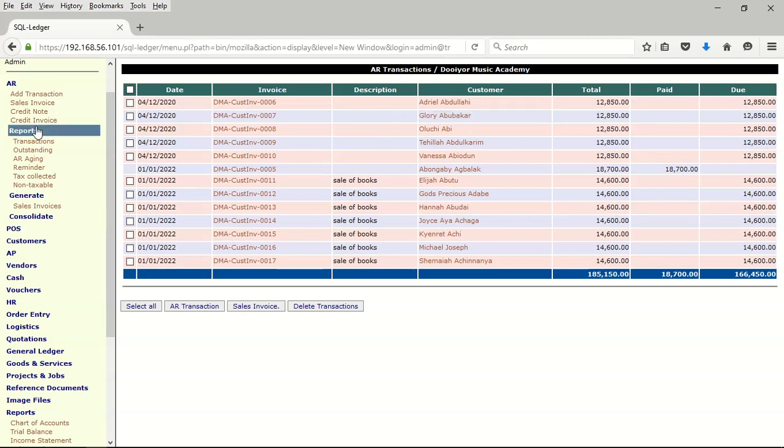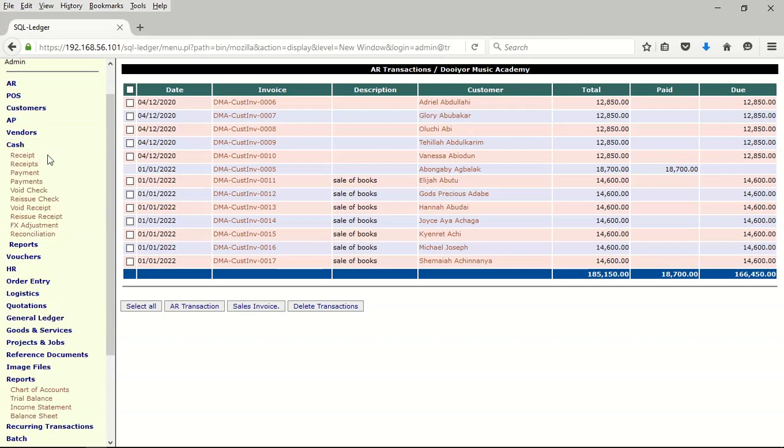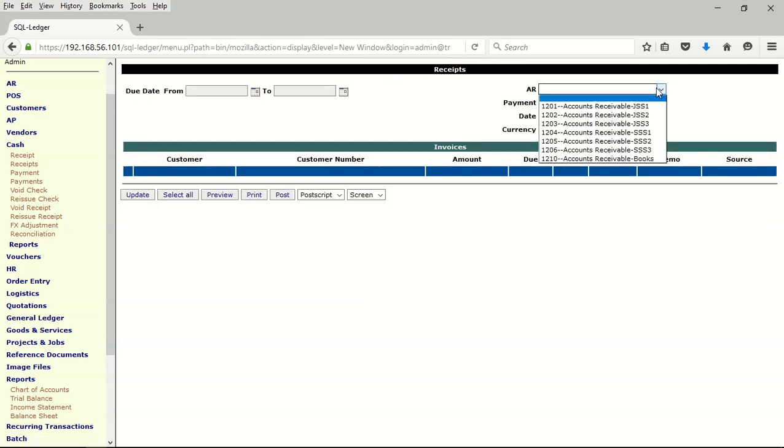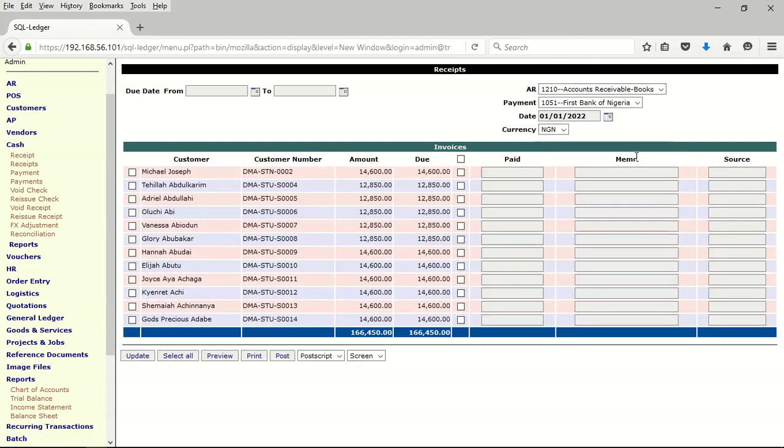In this situation, once you book them like this, what you can do is you can go to receipt or receipts, and once you select the JSS 1, you will not see anything. You select the books, you can now see the students that are here. Let's assume that all of them have paid. You can just click a button. You can see with a click of a button,